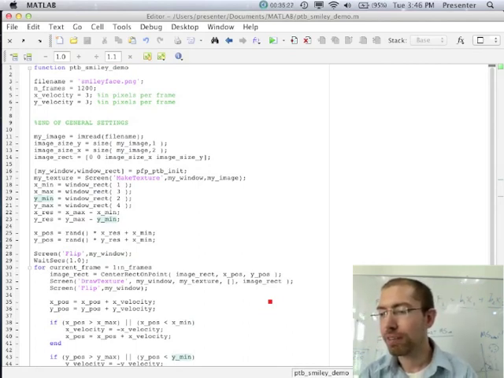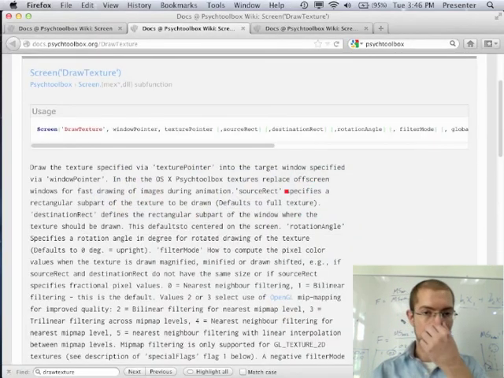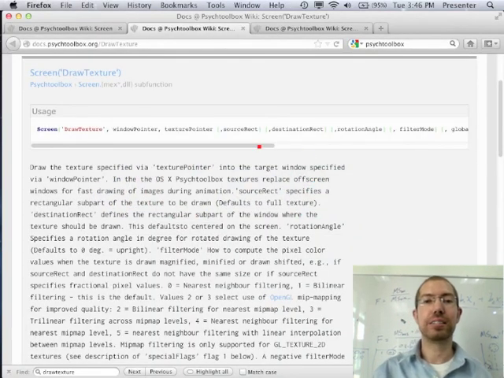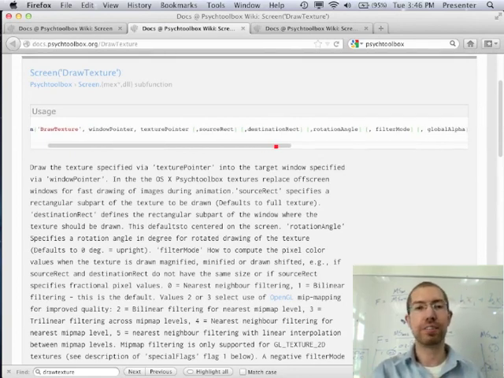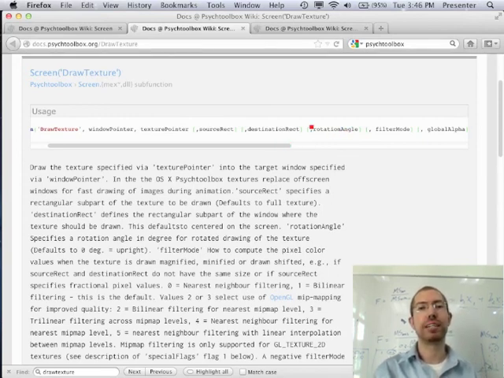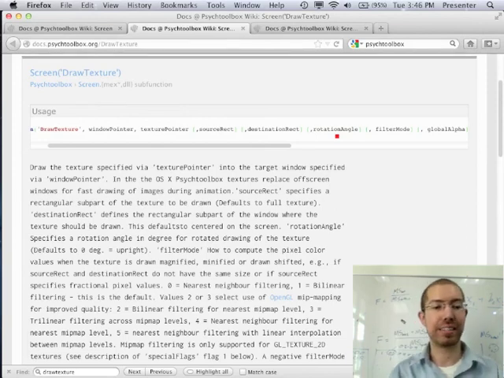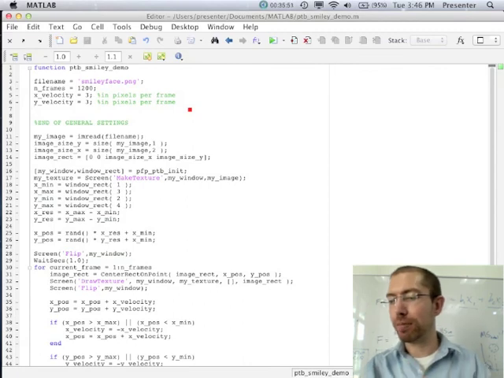So, for example, if we go back to draw texture, the nice thing about Psychtoolbox is that, and this is true of PsychoPy too, but I think it's a little harder to do some of this stuff, it can do basically anything your graphics card can do. So if we wanted to have a rotation angle, so that we rotate this as it moves, all we have to do is add in a couple of variables to say,